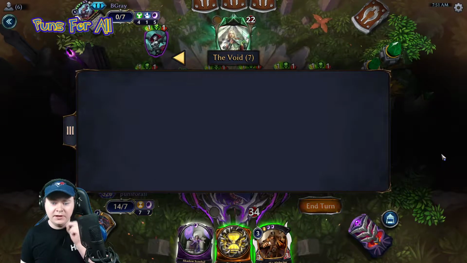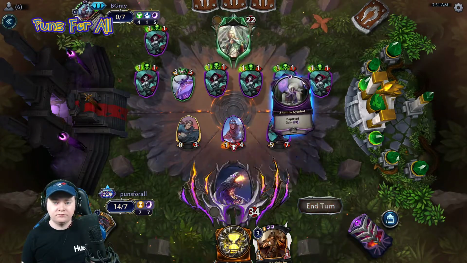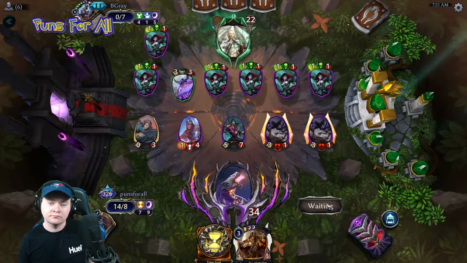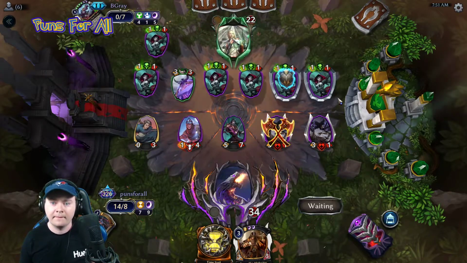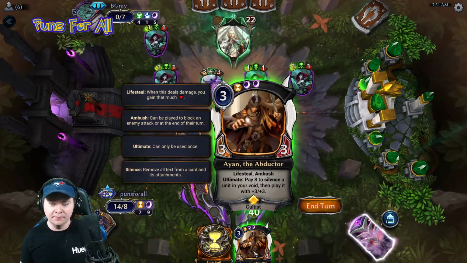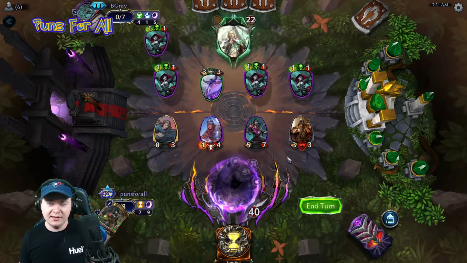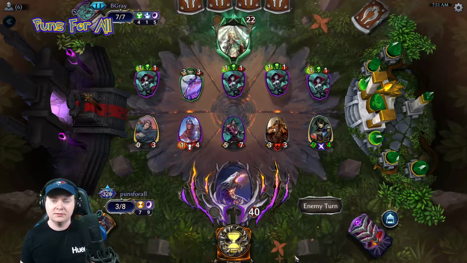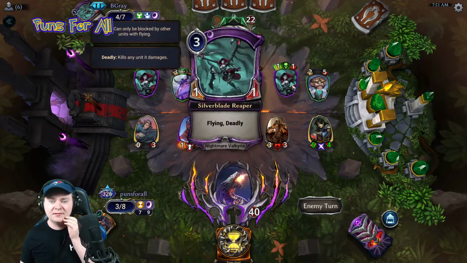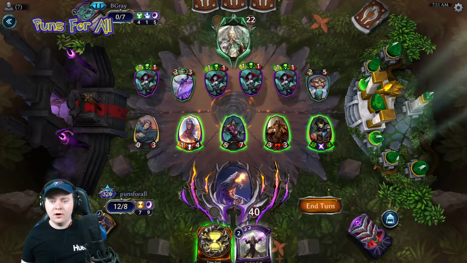Alright, so we need... Alright, so now I think we just do this because it allows us to ultimate as well. And end turn. Being able to play Ayan and ultimate Ayan in the same turn is pretty nutso. At least they're all Valkyries here, because... Alright, so we're going to...